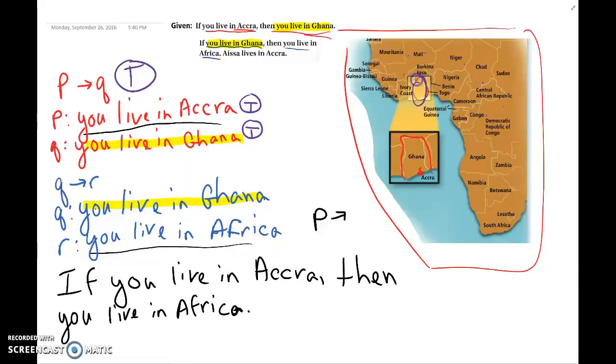Well, once again, there's Ghana. So Ghana is part of Africa. So if you live in Ghana, true statement. Then you live in Africa, true statement. So both of those are true. So then our second conditional is true. So now, since we have two true conditionals, we can then go ahead and say that Alyssa lives in Africa. Well, then the statement that we can finally make, the overall conclusion, is that